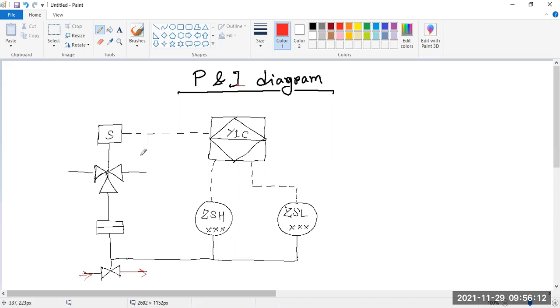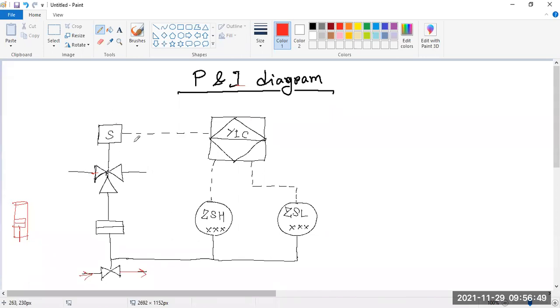So in this case, you can see this is a valve. This valve is actuated by this air pressure valve. This symbol stands for air pressure. It looks like a piston, just like a piston. That's why it is given. This is the air pressure provided here, but this air supply is controlled by this solenoid valve. Solenoid means this is the pneumatic and this is the electric.